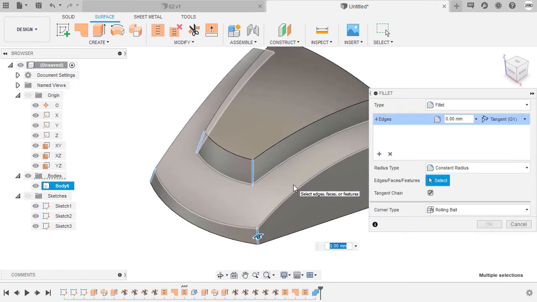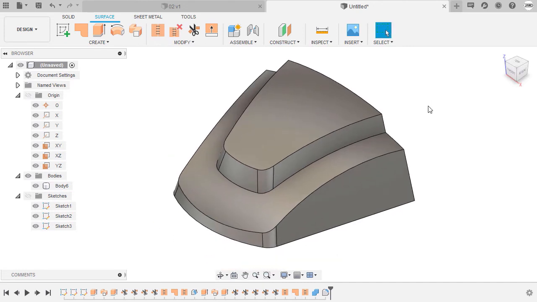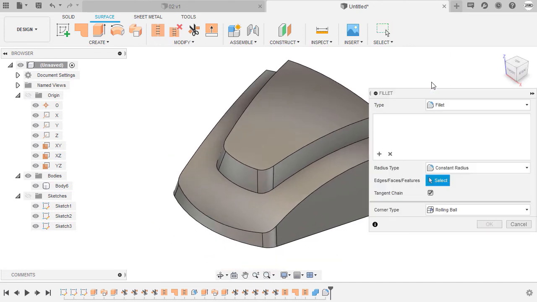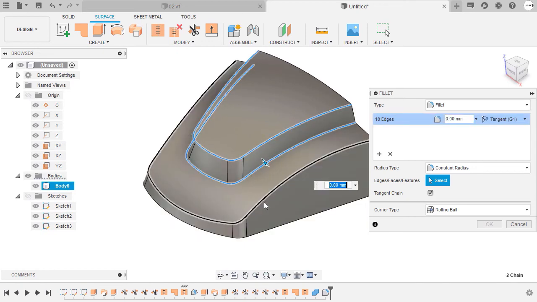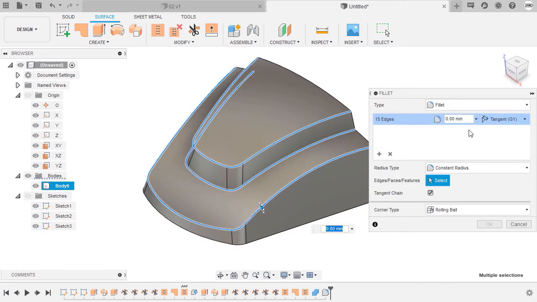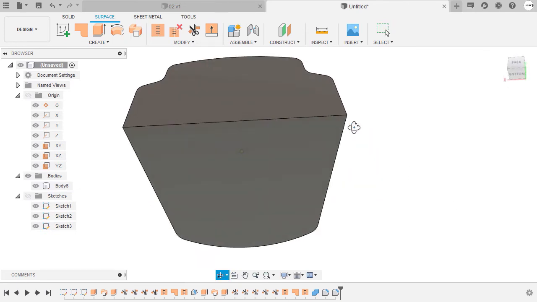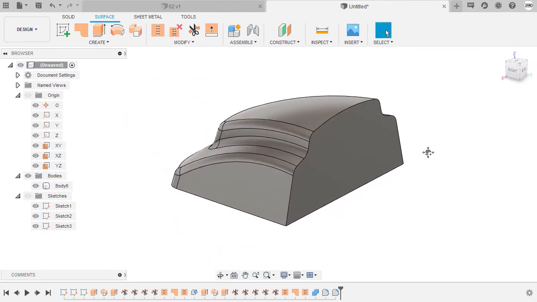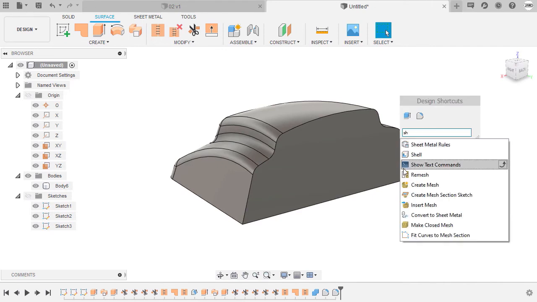radius to be 10, selecting OK, right click, let's repeat the fillets, selecting these edges, typing in 6, selecting OK. And finally, we can now grab our shell command, hitting S once more for shortcuts, typing SH,